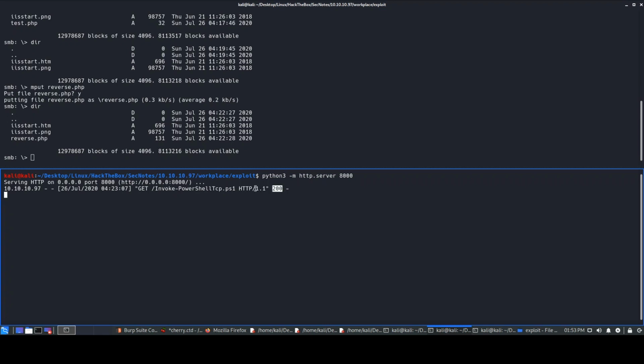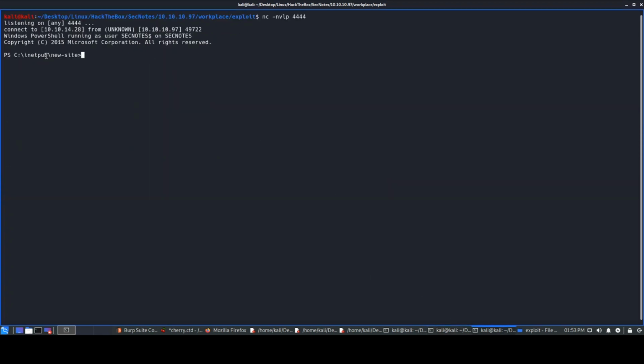Oh, we do get the GET request over here from the target machine, and if you look at the shell, we do have a PS shell over here. So it's recommended always, whenever you do a Windows box, try to get a PowerShell shell, because if you get a CMD shell, that's fine as well, but at times you can do multiple things with PowerShell over here. So in short, we get a PowerShell shell, and we are in the system as user Tyler,